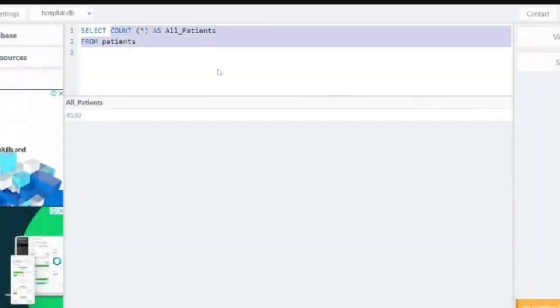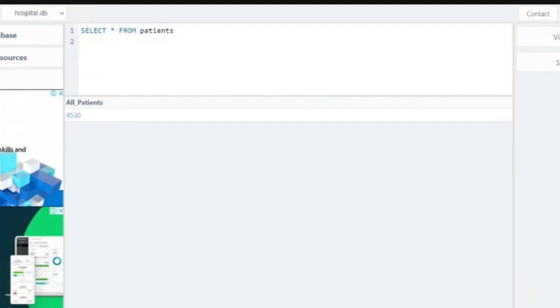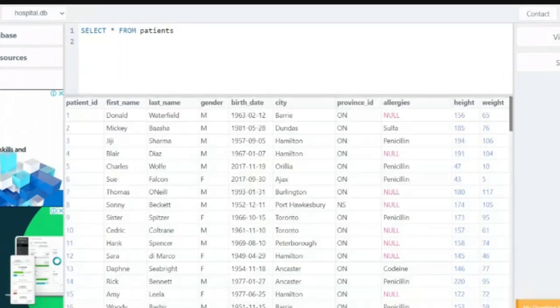Up next, we have concat. The concat command allows you to join the contents of different columns together in one column. In our given table, you have the column for the first name and the column for last name. So what if I want to join them? This is something that you can also do in Excel, but in SQL, that's also possible and far more efficient. So we are going to use the concat command to execute this.